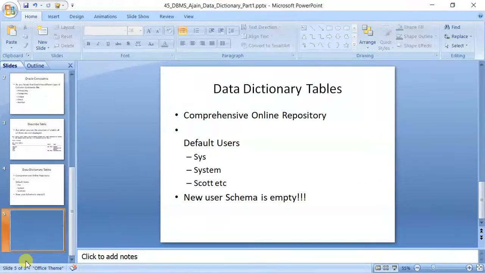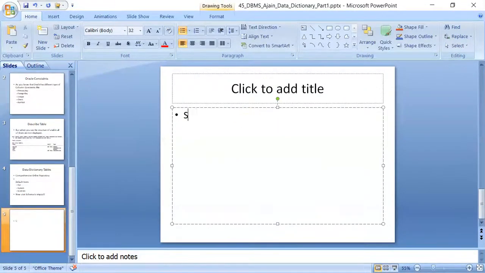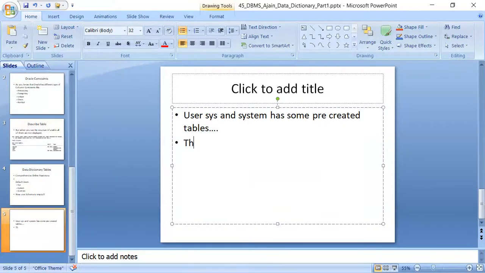Let me write this: users sys and system have some pre-created tables. These are data dictionary tables.